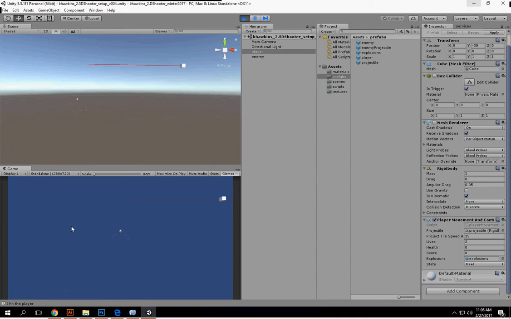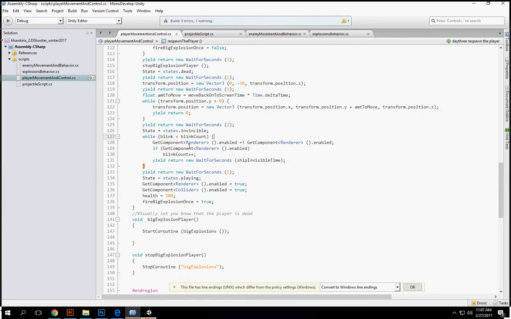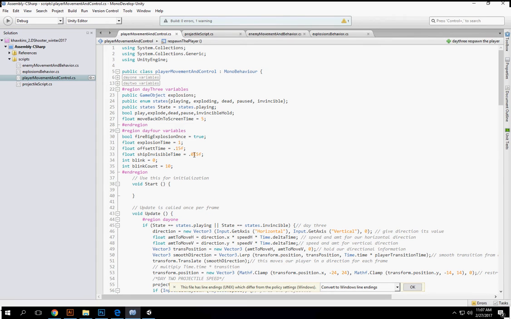There, it comes up. And right now it's off. We're going to turn it on. And it's blinking really fast. And if you notice, it doesn't stop. So what we need to do now is, one, we have to slow down the blink. And two,